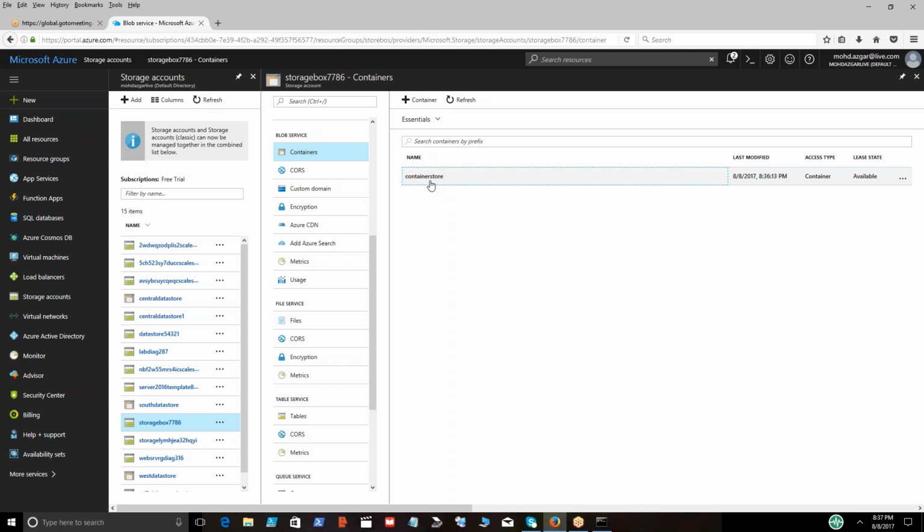Good so far? There are three kinds of blobs: a block blob, an append blob, and a page blob. A block blob is optimized for streaming information, a good choice for storing documents, media, and backup files. Append blobs are similar to